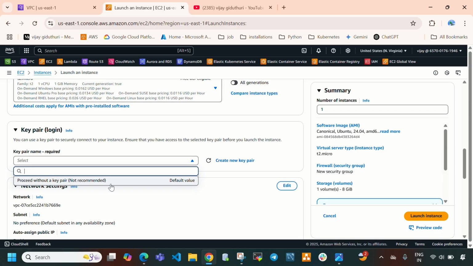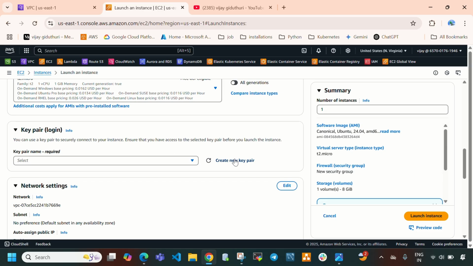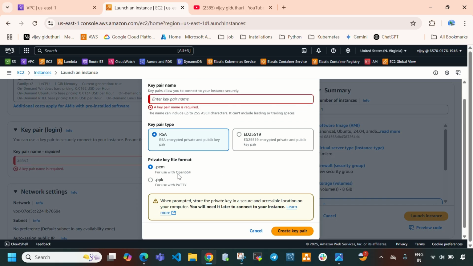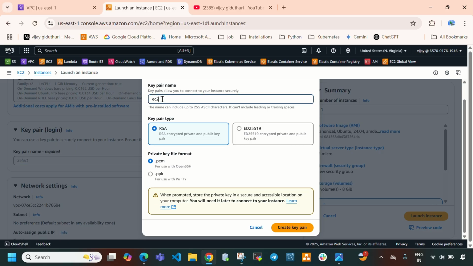Currently we don't have any key pair, so let me create a new key pair. Select create new key pair, and here I'm going with .pem. Sorry, we need to give the name first. EC2-key, this is the name I am giving. So select create key pair.